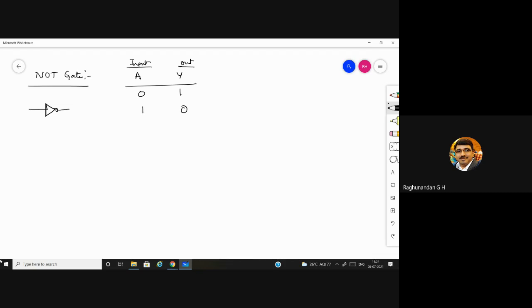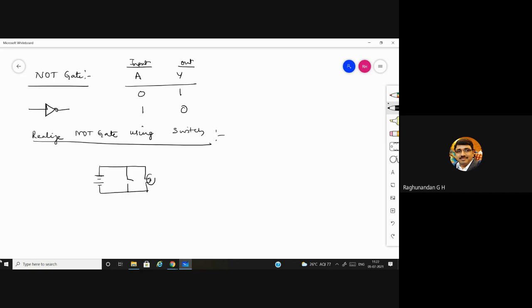Now, if they are asking you to realize NOT gate using switch, then it is very simple. Obviously, there will be a supply, a battery, and we have a switch like this, and we will take one bulb.